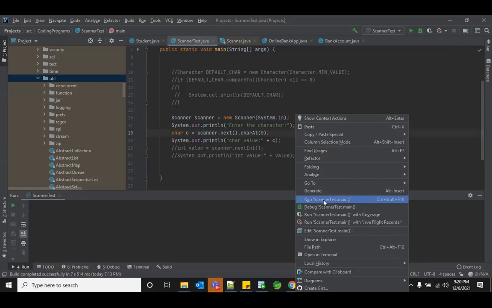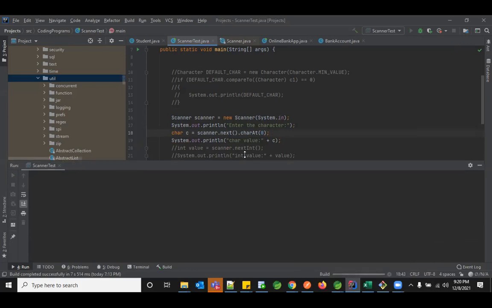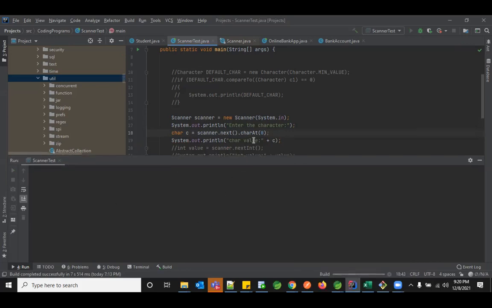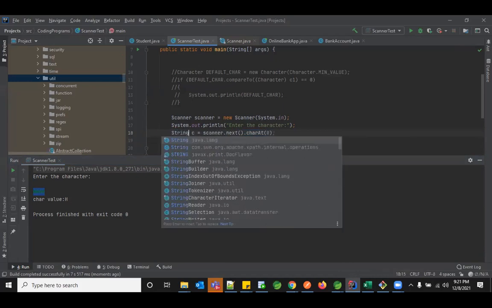Let me execute this. Whenever you execute this, right now I just printed enter the character. Once you get the prompt, it will ask me to give some input. So I'm going to give HH. What happened is, though I gave a complete string, next is something which can accept more than one string, but I'm just fetching only one. So leave this particular value. Right now I'm giving this character. So let me take it as string. Okay.